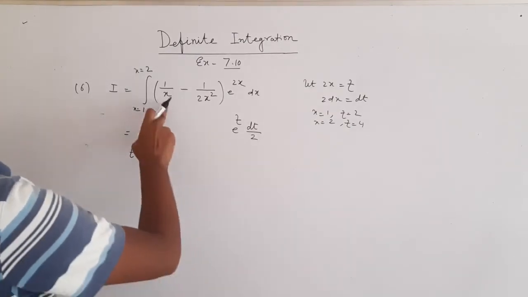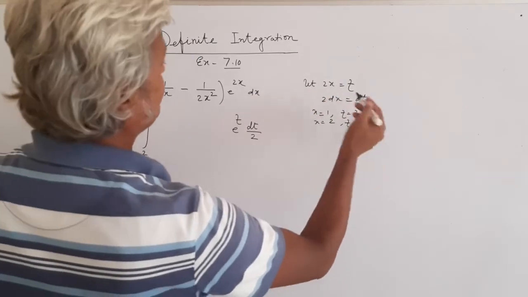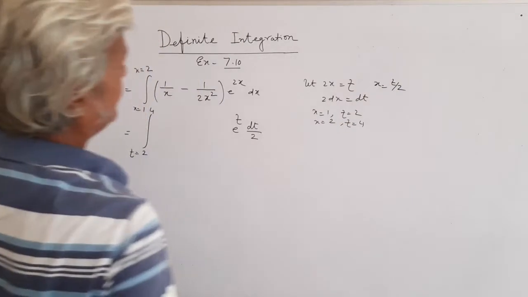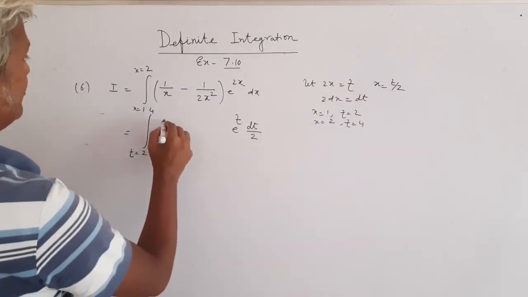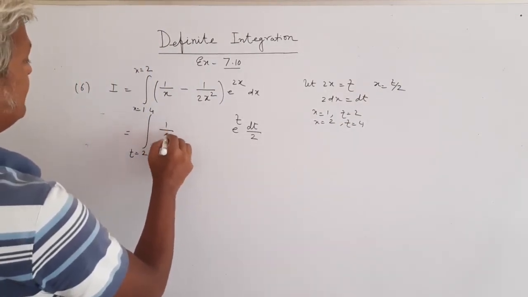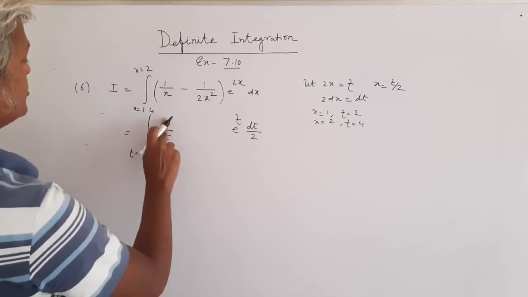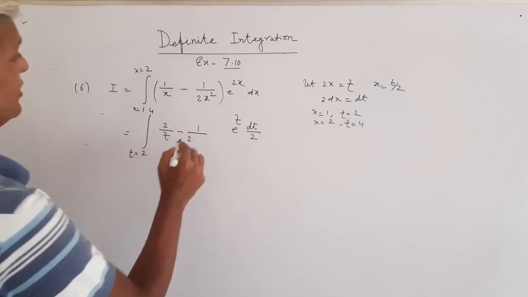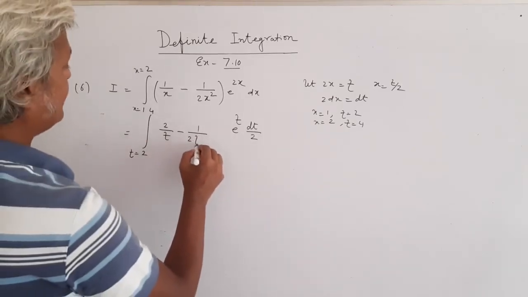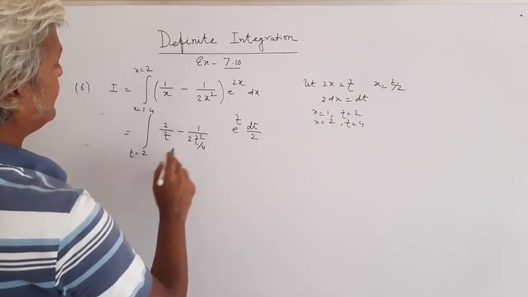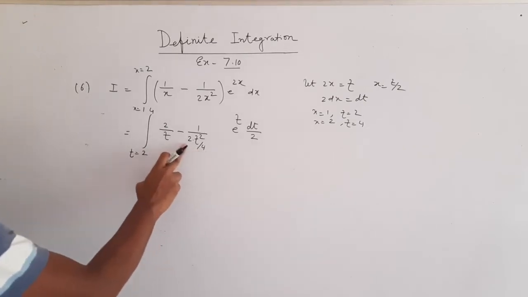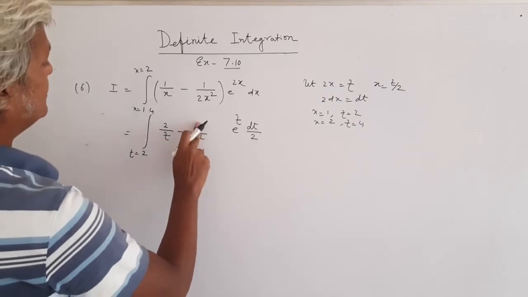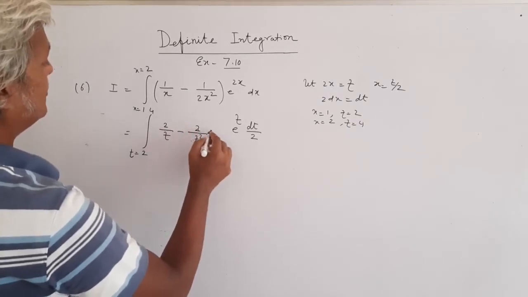And in the place of 1 over x, what is x? So here you see x is t over 2. Then you get 1 by x, so 1 by t over 2. So this 2 will go up. Minus 1 by 2 into x, which is t square by 4. This 4 is reduced by this 2 and becomes 2, and that 2 goes on the top. So this becomes also 2.